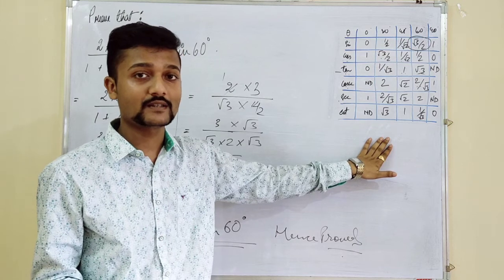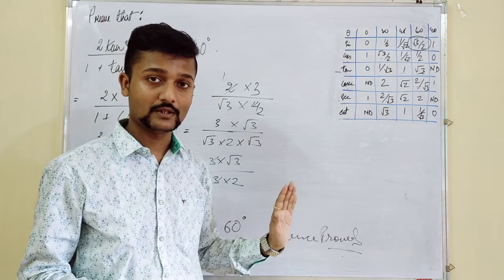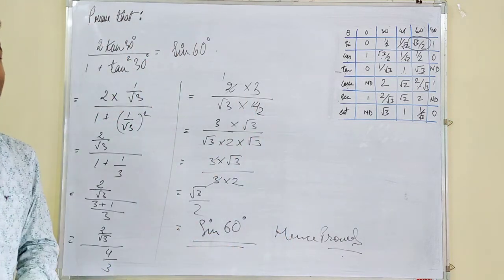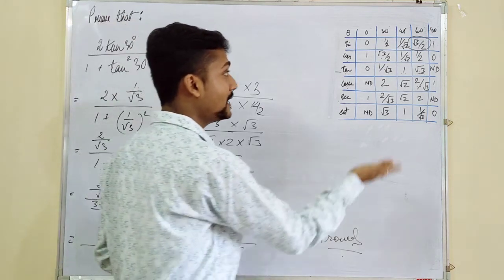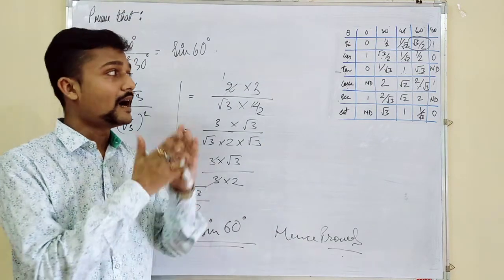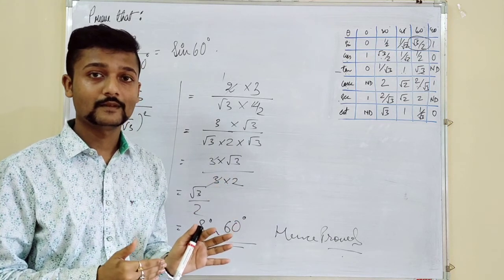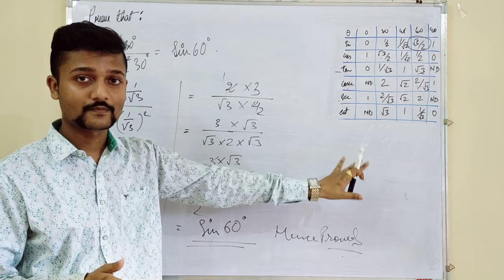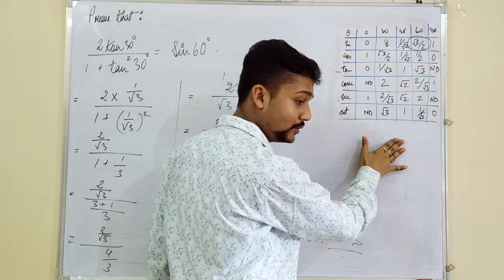This is my suggestion for you, that in your initial stage, keep the table while doing the solution. You can't learn the values of the table immediately, but when you again and again try to solve the questions by looking at the table, half of the table will be remembered without actually memorizing it. So my suggestion is always to keep the table while doing the solution. And the table also you have to construct by yourself, how I have shown today.